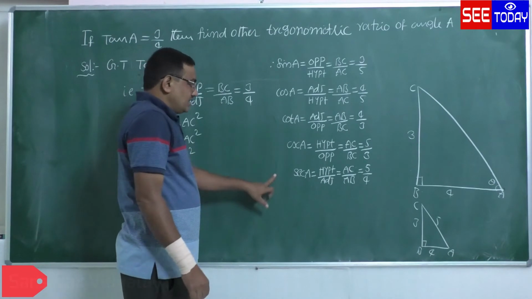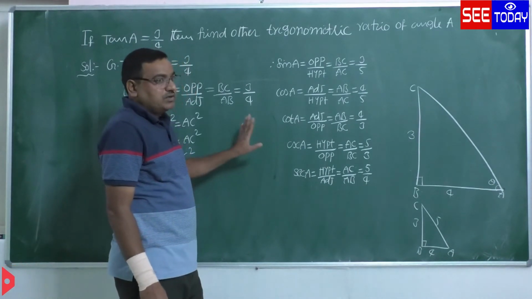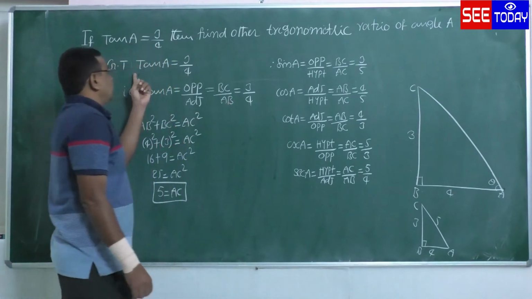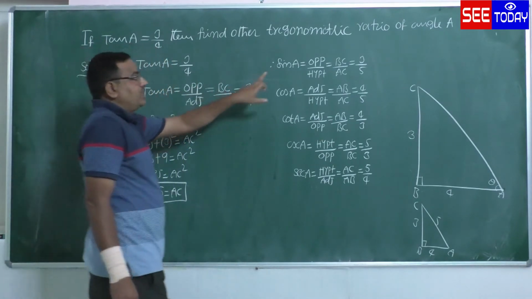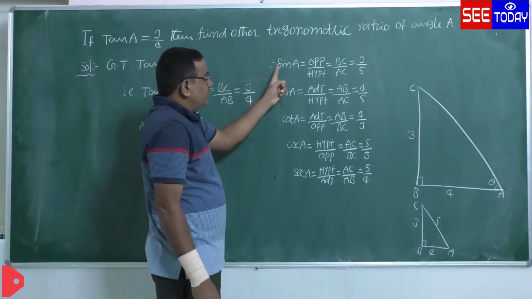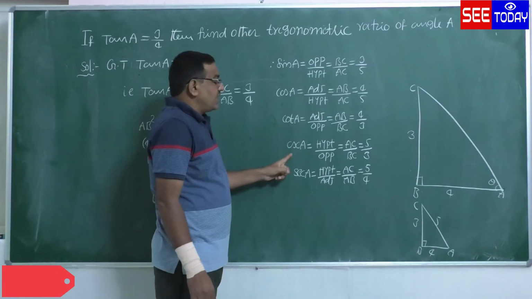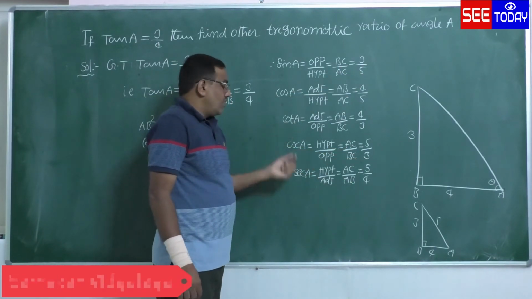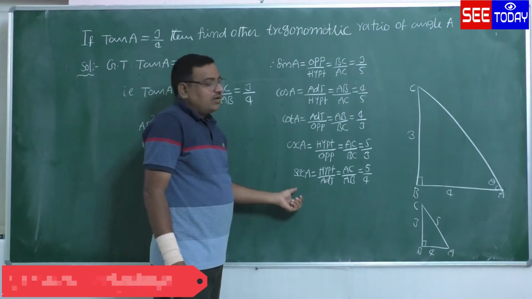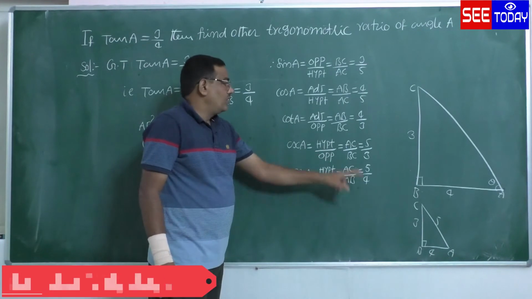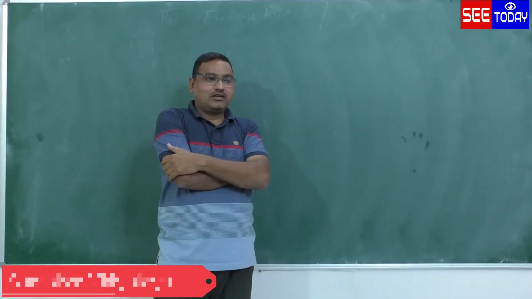No need to do all these things, beta. For your simple understanding, I said in this way. Just take the reciprocal. You can find sin, cos. Already tan given. Therefore, cosec A is equal to 1 by sin A. That is 1 by 3 by 5, equal to 5 by 3. Now, sec A is equal to 1 by cos A. 1 by 4 by 5 is equal to 5 by 4. Cot A is okay, beta.